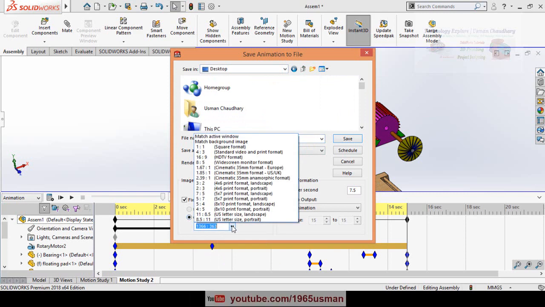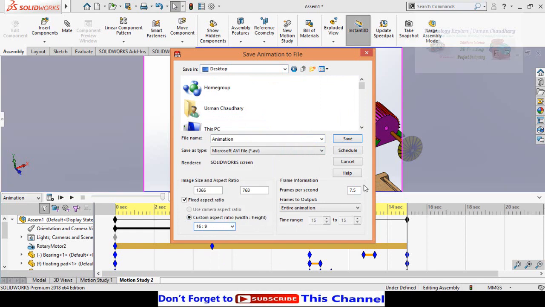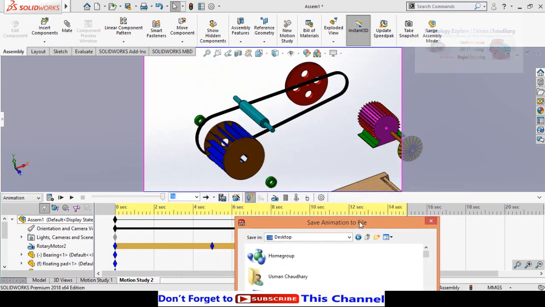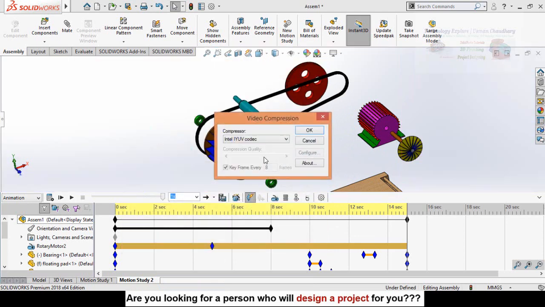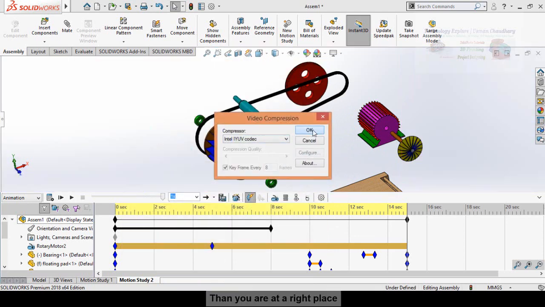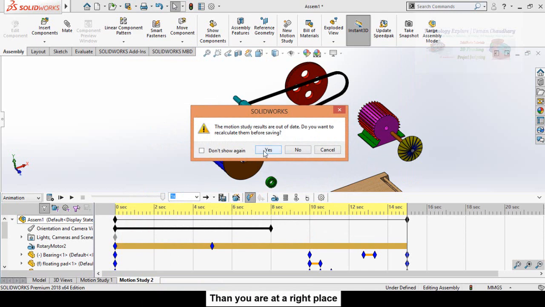For Facebook or YouTube, the 16:9 aspect ratio is perfect. So select 16:9. Here is the frame rate. Then select save and then press the OK button. It will recalculate, so select yes.